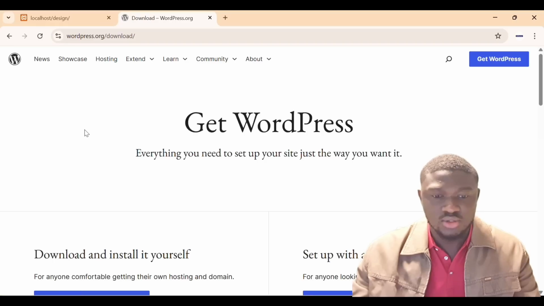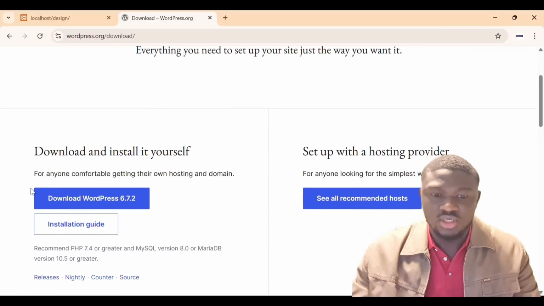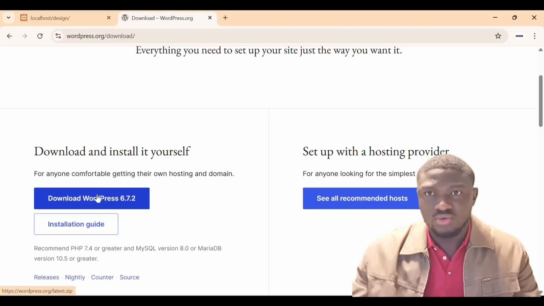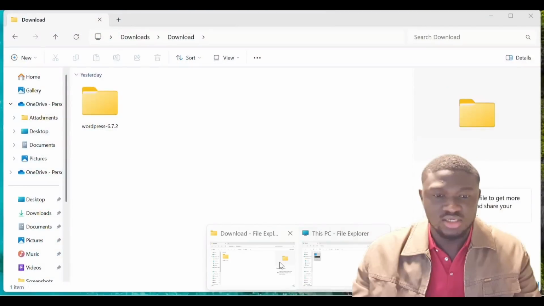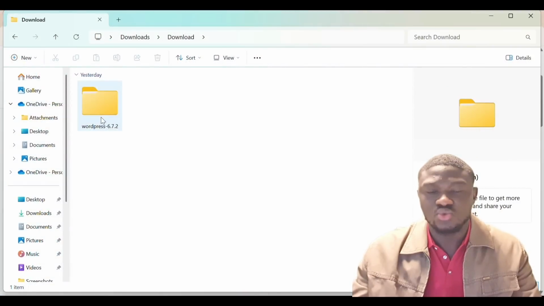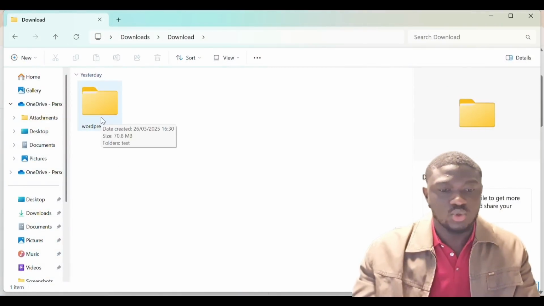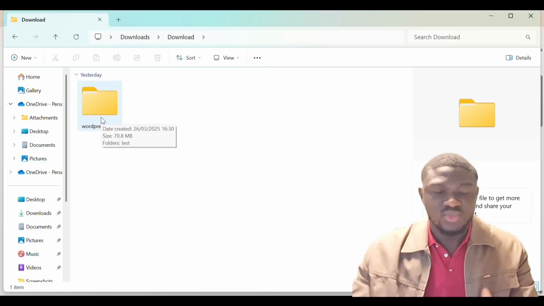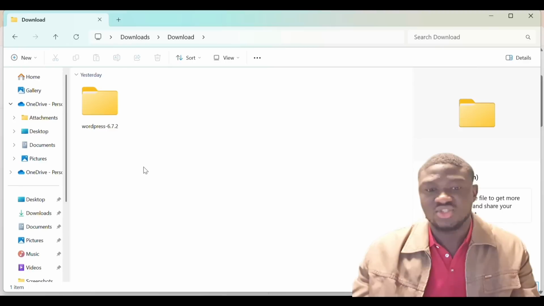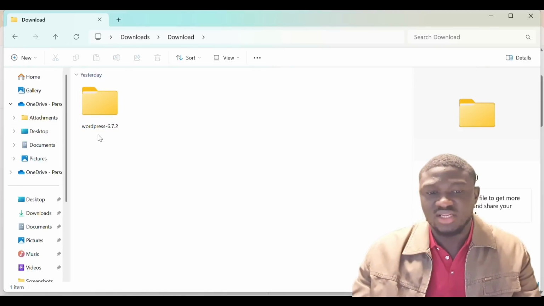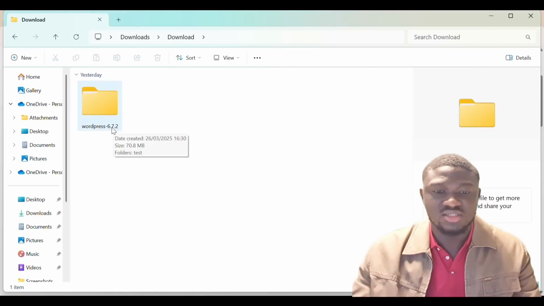So if you click on it, you see the installation file here. So just click on download and you have something like this downloaded to your PC. Although I've already extracted this one, that's why you are seeing it this way. So you just extract it and you have something like this. You see WordPress, I think this is version